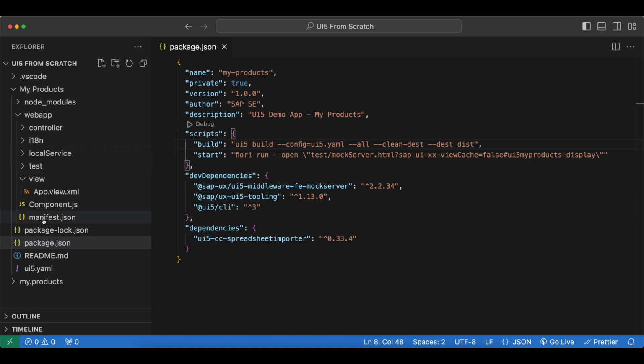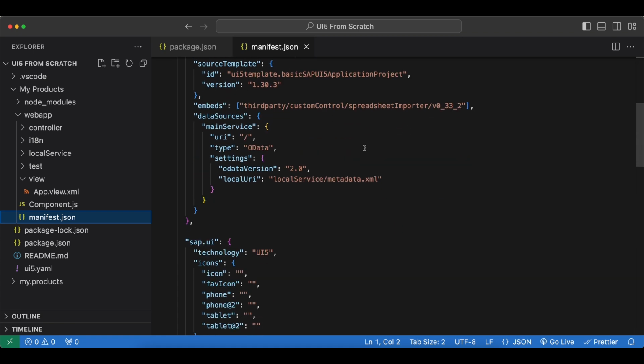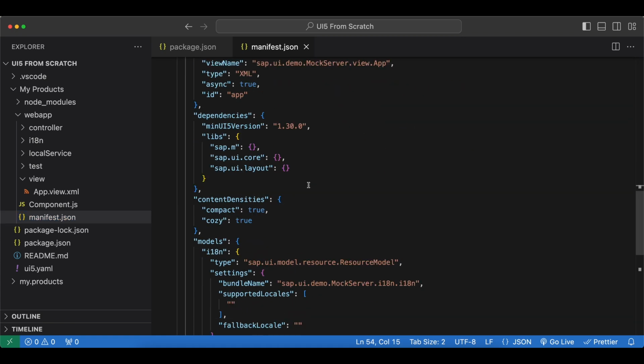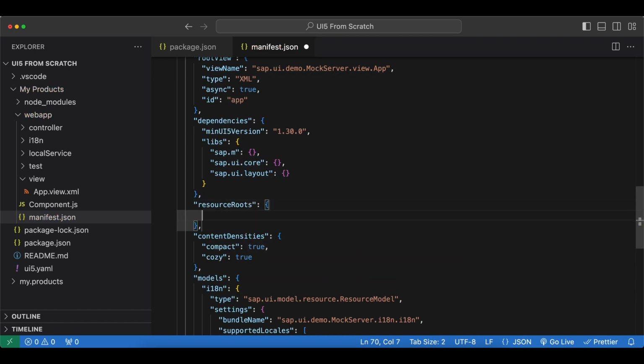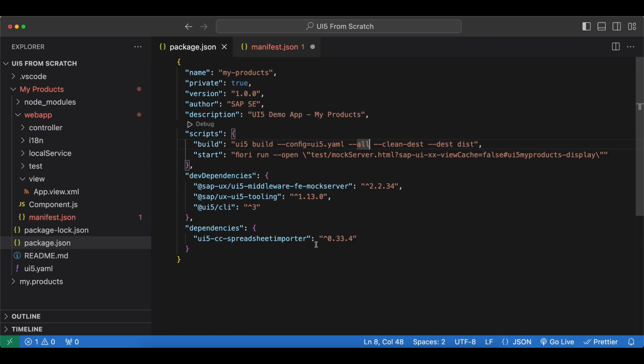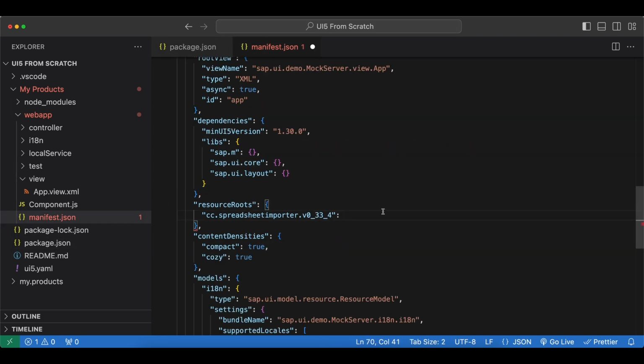And next we go to our manifest.json file, and inside this sap.ui5 block, let's do it here. First we need to add a resource root for our third-party dependency, so we say resourceRoots, and the key will be cc.spreadsheetimporter, and dot the version number separated by underscores. It's 0_3_4 because that's the version we have just installed right here. And the value will be /thirdparty